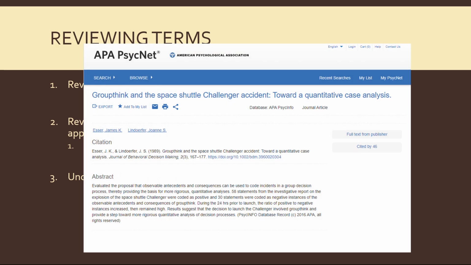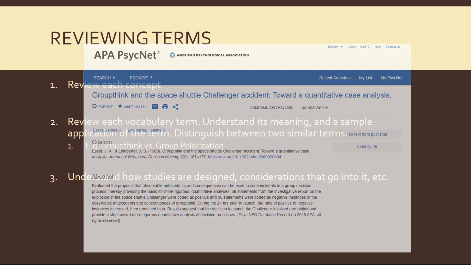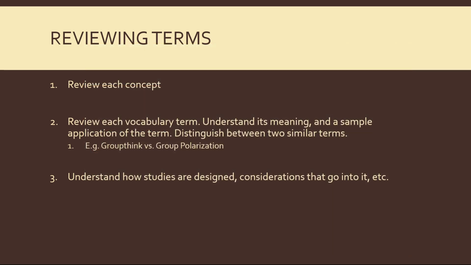And they all felt under pressure. They felt the president was going to ask them about what had happened. So in the end, nobody contradicted the group. That's different than group polarization. Again, people facing pressure from outside are reluctant to criticize the group, even if they individually feel uneasy about the situation. So again, it's about understanding and being able to distinguish between terms in that way.